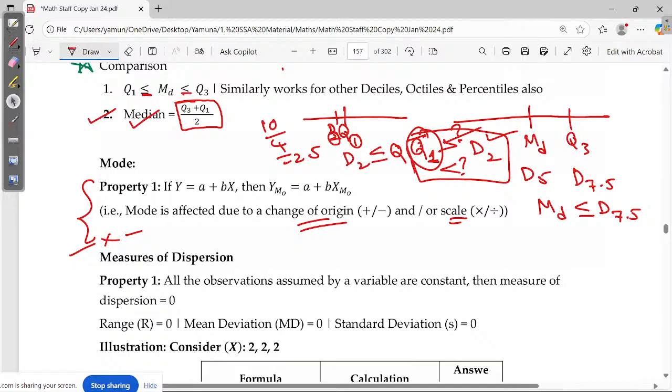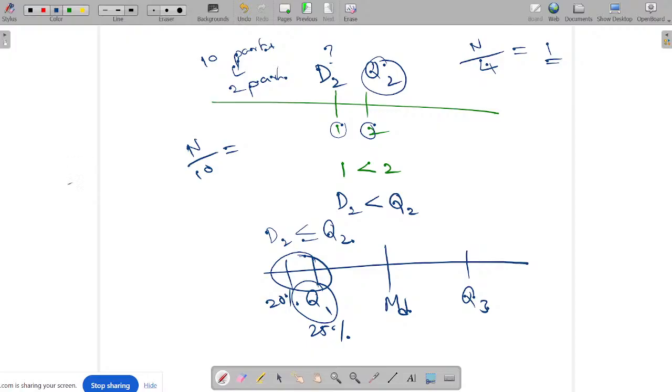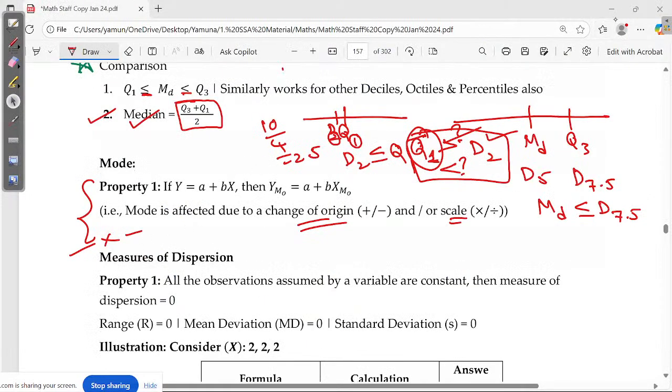Correct. D2.5 will be equal, because when you divide the whole into 10, dividing by 10, I get 1 part. So if you take 2.5 parts, it will be 25%. 25% matches with Q1, so it will be exactly equal. So that's about measures of averages. So change of